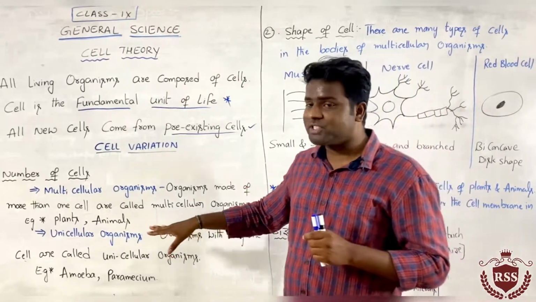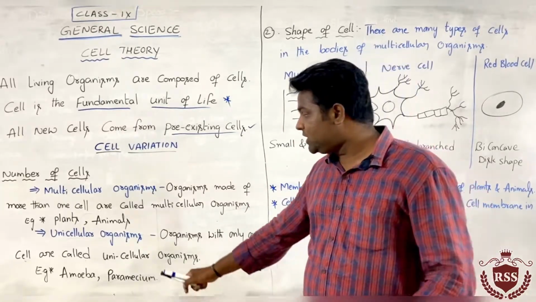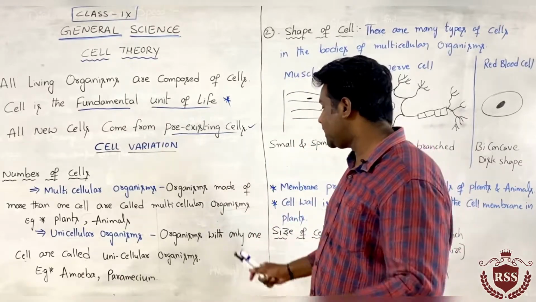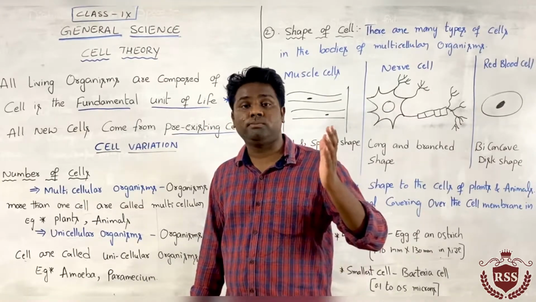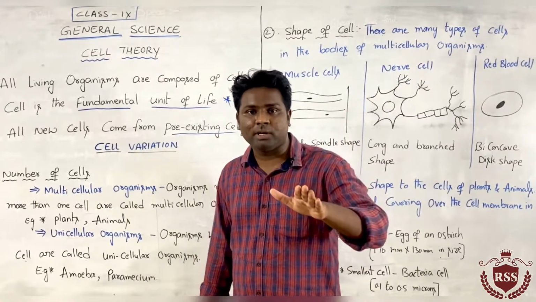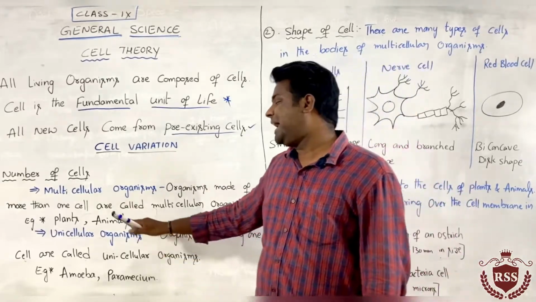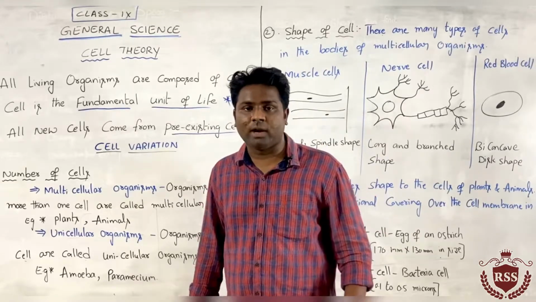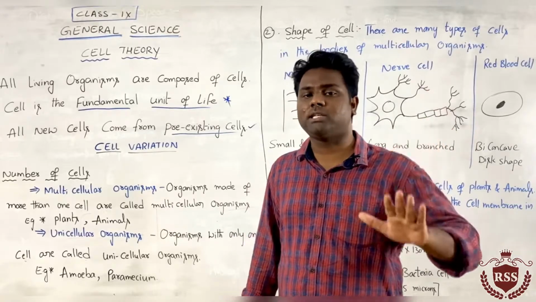Coming to the number of cells, if the organism has only one cell, it is a unicellular organism. If the organism is made of more than one cell, it is a multicellular organism. All plants and animals come under multicellular organisms. Our human body consists of many cells, like that, in plants also there are